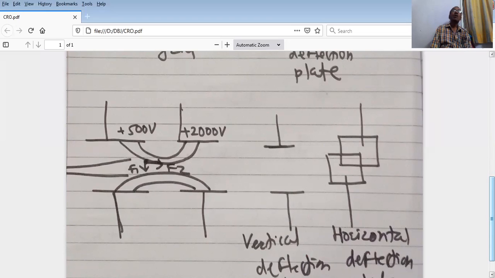First problem, how to achieve the electron beam or electron emission. This is done by filament and cathode. Second problem, that the electron should be controlled. That is done by the control grid. Third problem, the electron speed is very low. That is accelerated by the accelerating anode. Fourth problem, it is a diverged beam of electrons. To convert that diverged beam, scientists are using the focusing anode. Okay, that means if there is a problem, there is a solution, and research is going like this.